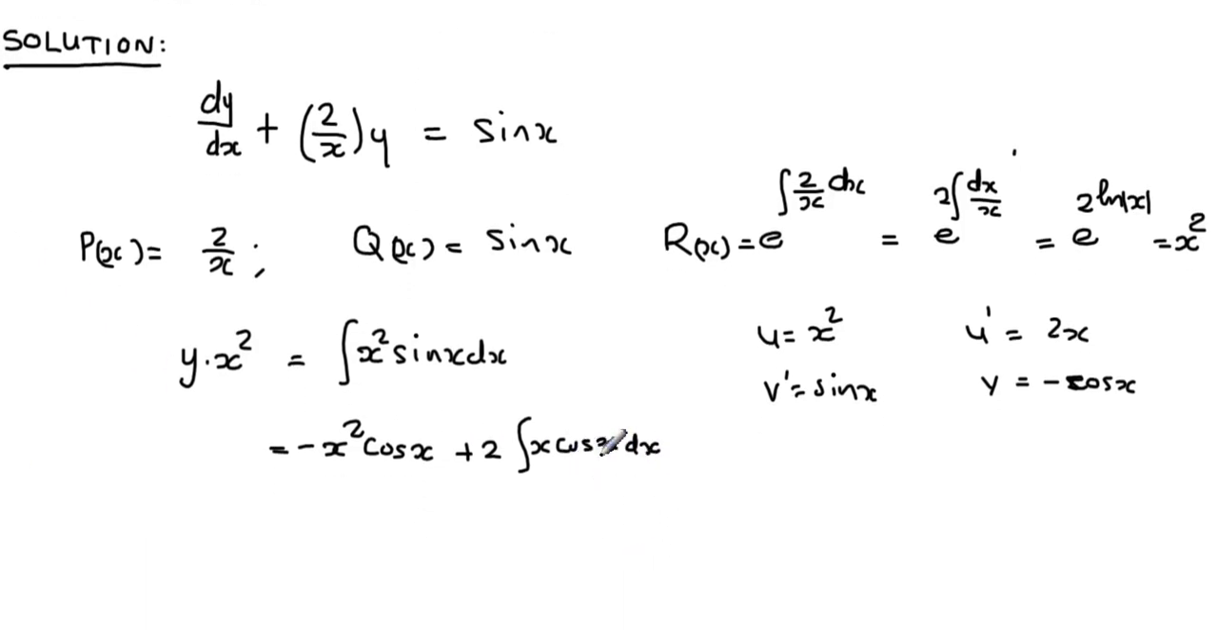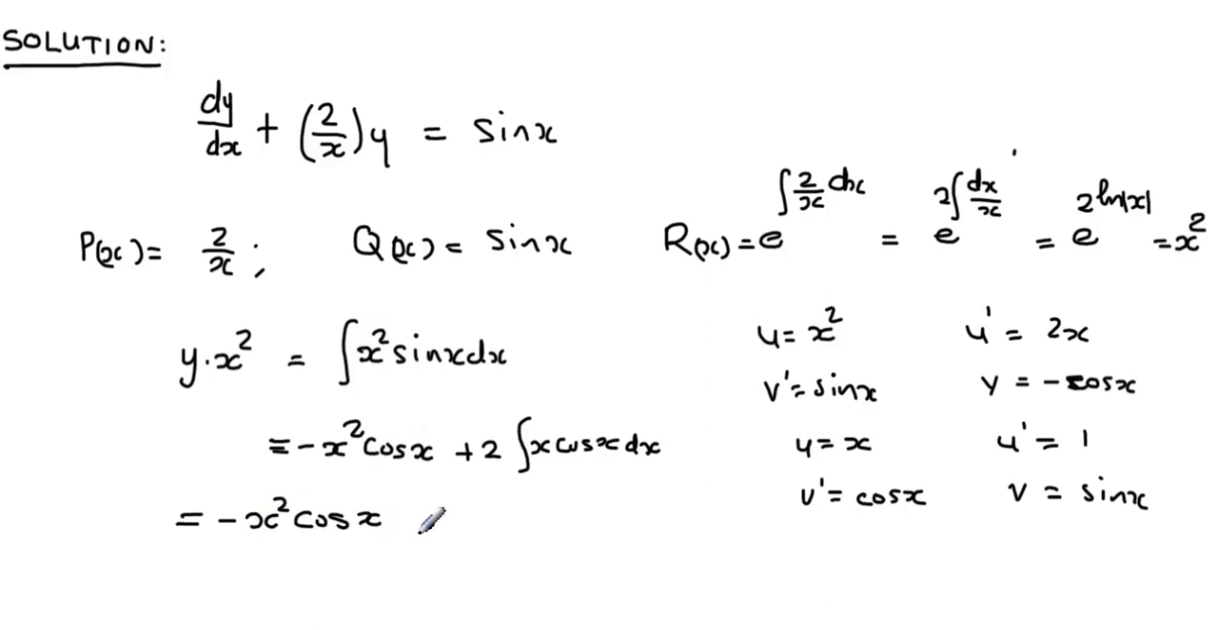So again here we need to apply integration by parts. Let's declare our u to be equal to x, and our u prime equal to 1, and then v prime would be equal to cos x, which is a derivative of sine, then v will be sine x. Then rewriting this, we have here minus x squared